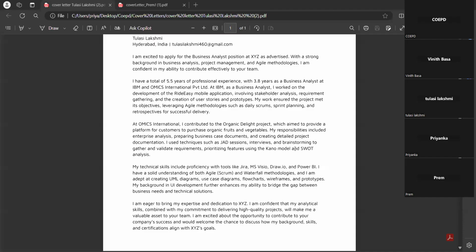Let's say I have an example. Based on my Ride Easy project, I conducted all the analysis with the stakeholders. After meeting with the stakeholders, many features came into the picture, so I conducted prioritization techniques.